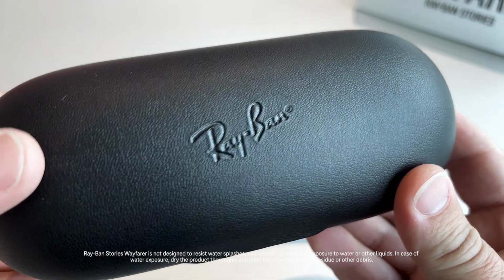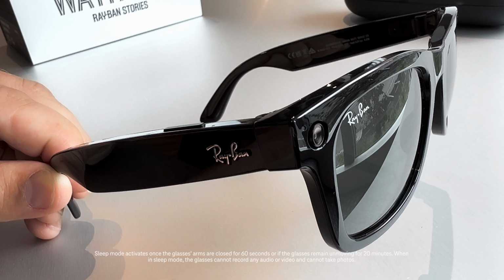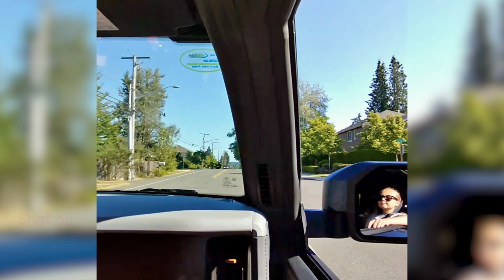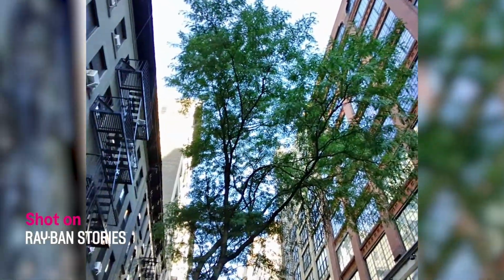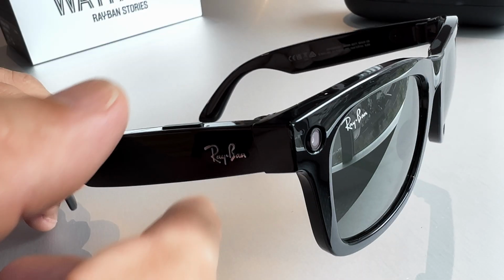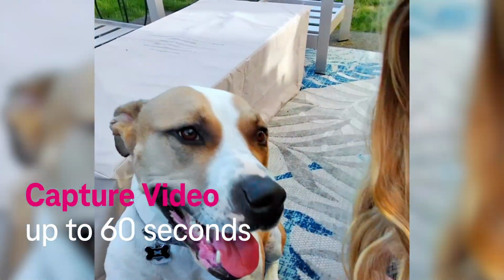Let's check them out. Ray-Ban Stories give you the power to capture a photo right as it's happening by long pressing the button on the top of the frame. Ray-Ban Stories also record up to 60 seconds of video per shot. If you're experiencing it, you can record it and share it, all from your point of view. Just press the button on the top of the frame to start recording, or you can even start recording using